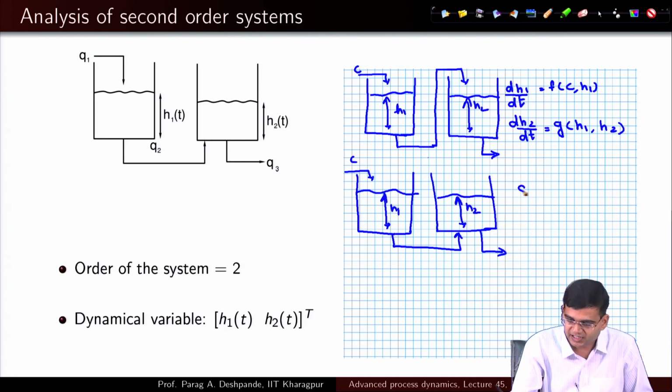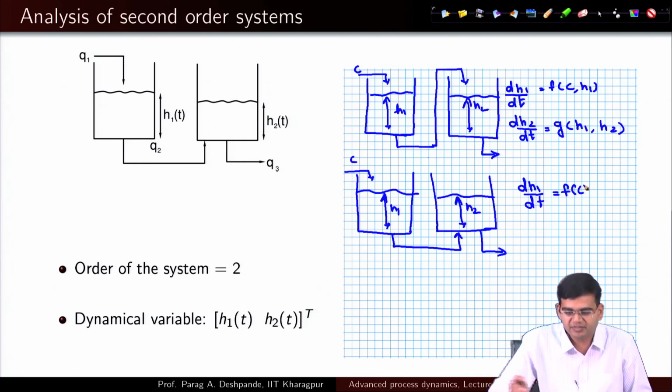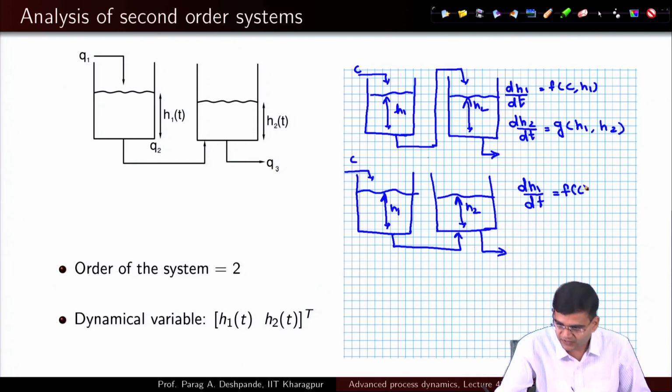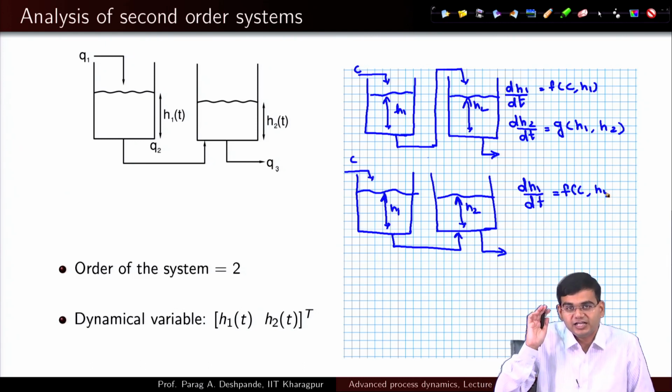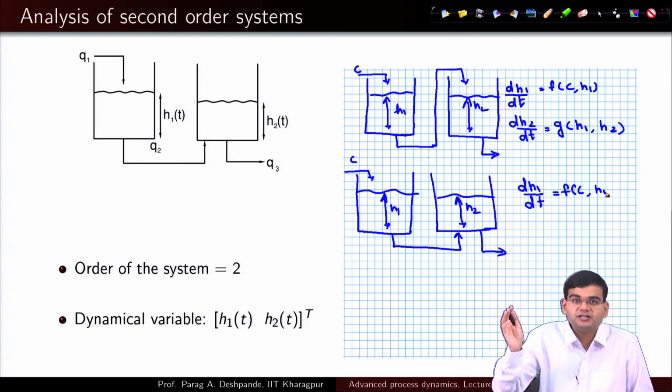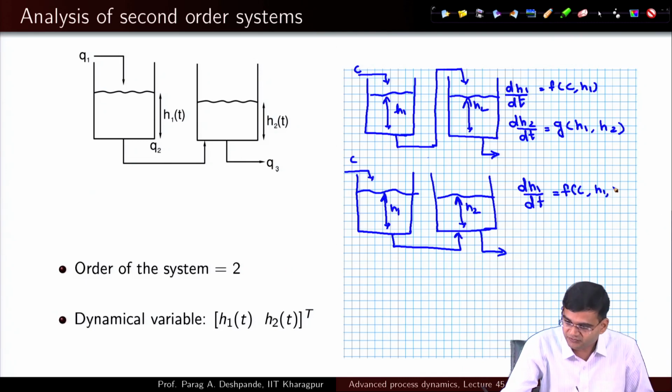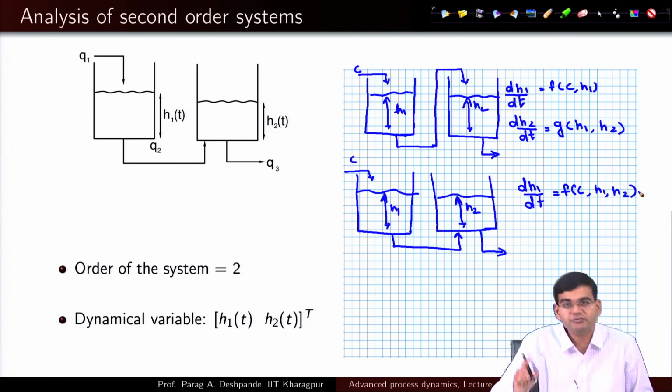So, therefore, now dH1 by dt in this case would be a function of C, pretty intuitive. It would be a function of H1, pretty intuitive, but as I said, whether H2 is greater than H1 or H1 is greater than H2 will decide the flow between the two tanks. So, therefore, now it will also be dependent upon H2, which was not the case in the first case, right,